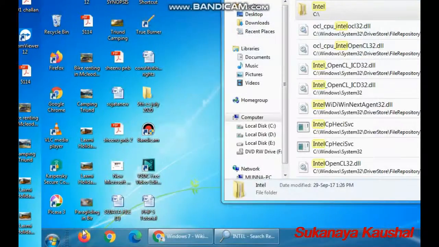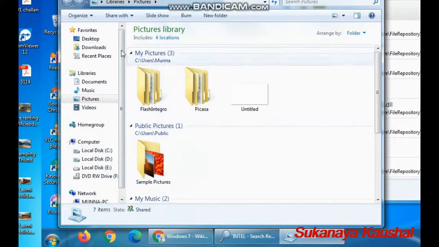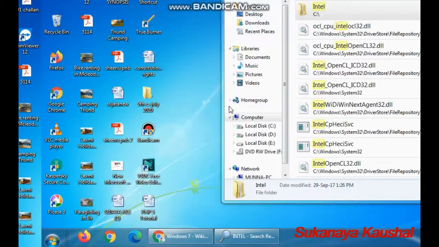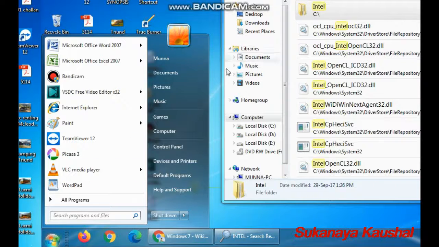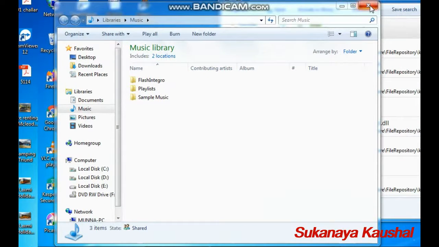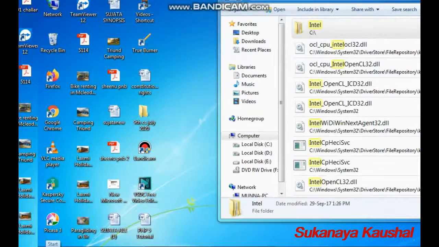Otherwise I can go to the pictures directly, or I can go to the libraries section as well. The next thing is music. I can select the music from here, but if I don't want to, I can close it.